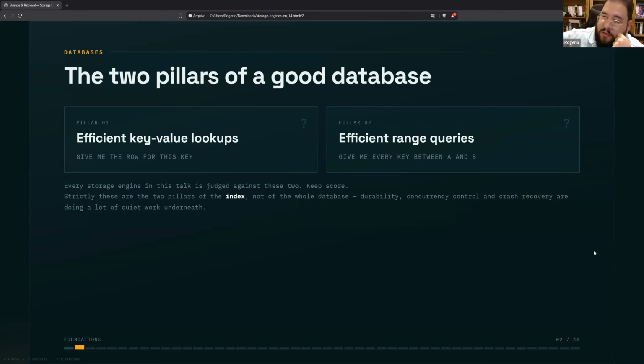So if you want the value of a key, a good database needs to do it efficiently. And the second thing a good database does is efficient range queries. So, for example, give me every key between A and B, when A and B are natural numbers, for example. Every storage engine is judged against these two pillars.